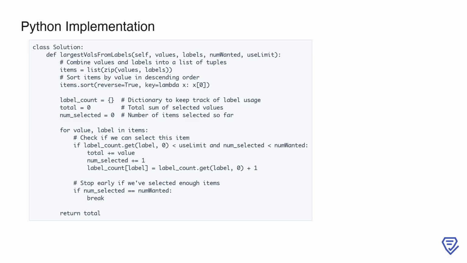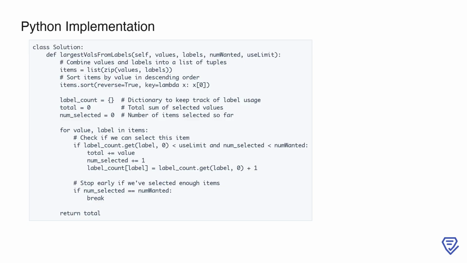The algorithm is efficient, with a time complexity dominated by the sorting step, which is O(n log n), where n is the number of items. The loop is O(n), making the overall complexity O(n log n). This implementation handles edge cases such as empty inputs, large use limits, or scenarios where num_wanted exceeds the total